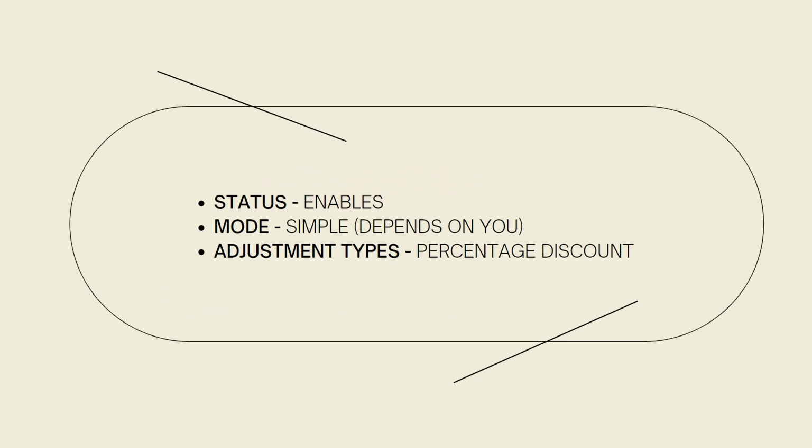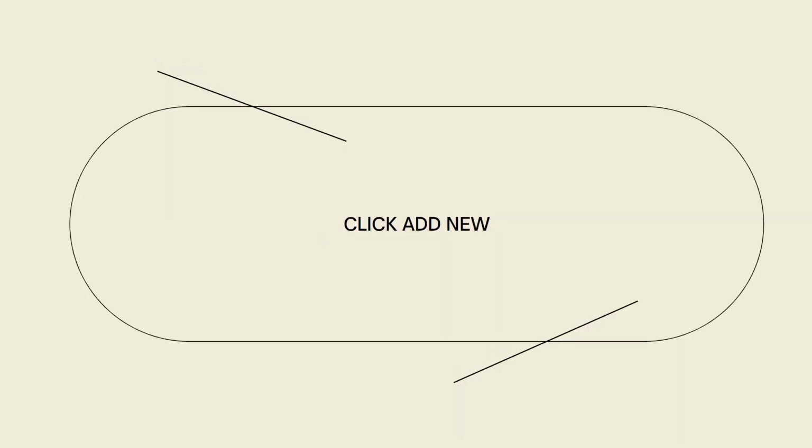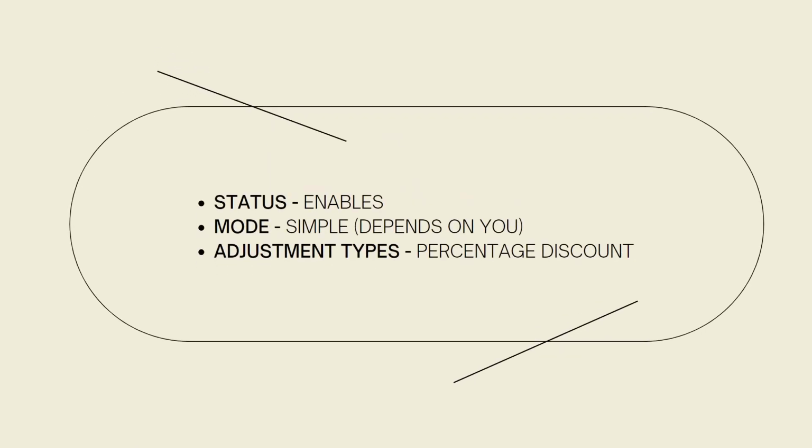And here in the status under the Add New section, just go ahead and choose Enable. The mode section, you can really just go ahead and choose whatever mode that you want. But you can just go ahead and select Simple. For adjustment types, select percentage discount. Okay,